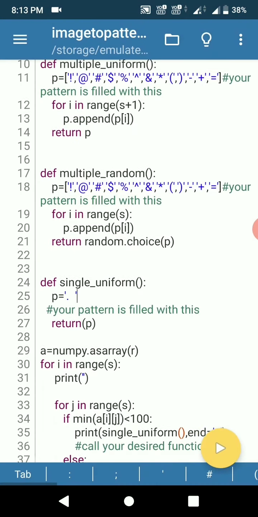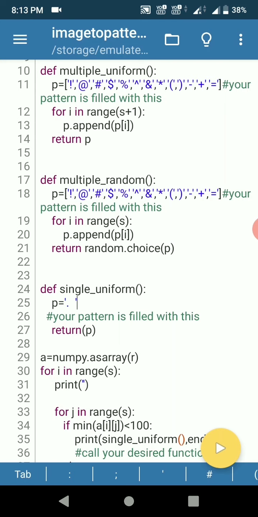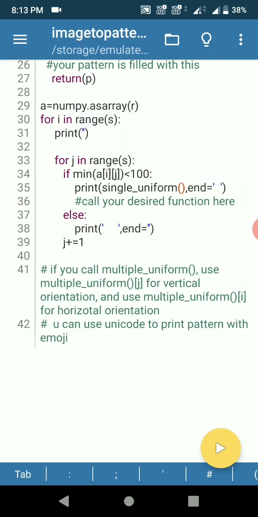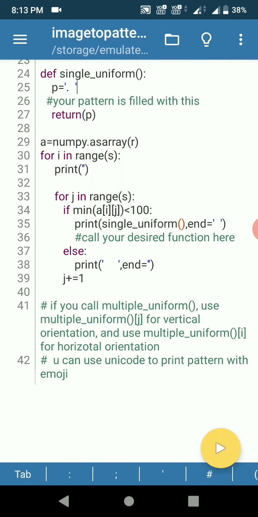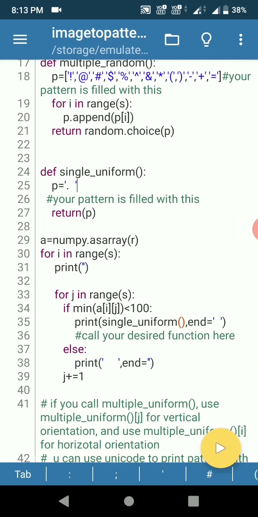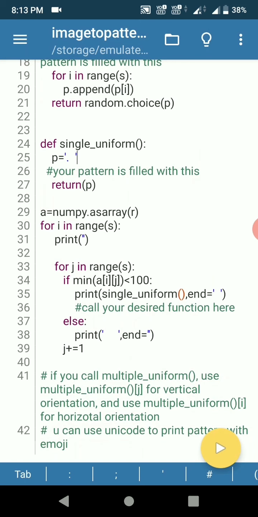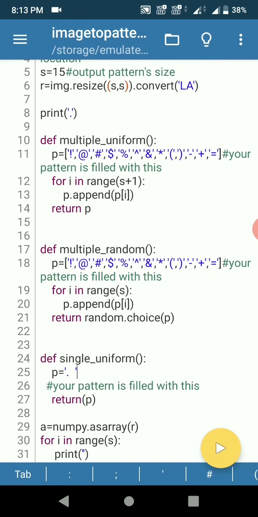Okay, let's go to multiple uniform. This has two types of options. Here I mentioned this in the comment section for your reference: vertical and horizontal pattern. So you have to specify I or J in that. J is for vertical and I is for horizontal. Here I am going to replace this single uniform with multiple uniform.